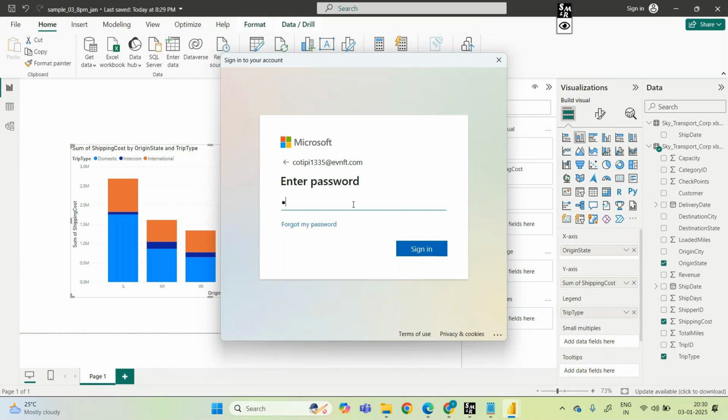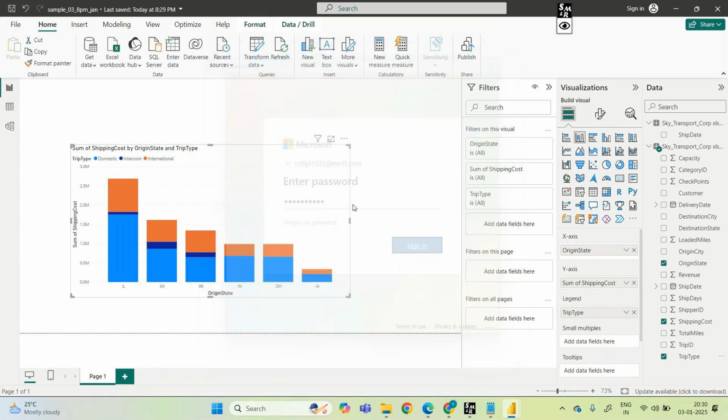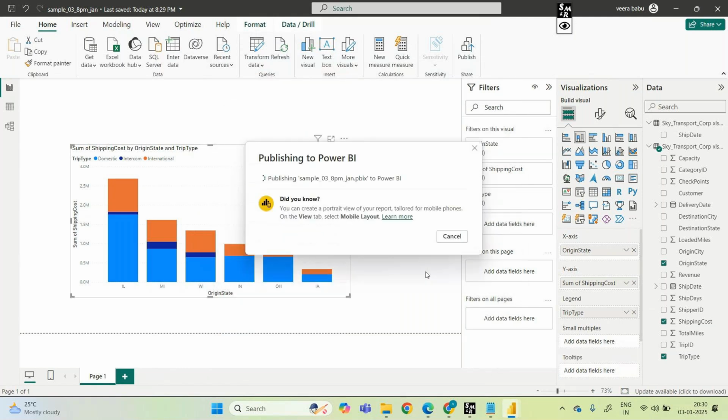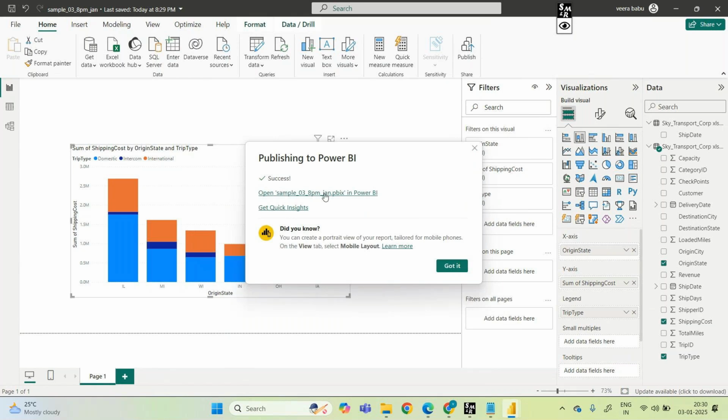This is paid, guys. A license has to be there to go with the service part, but I'm showing you with one of my organization's email IDs.